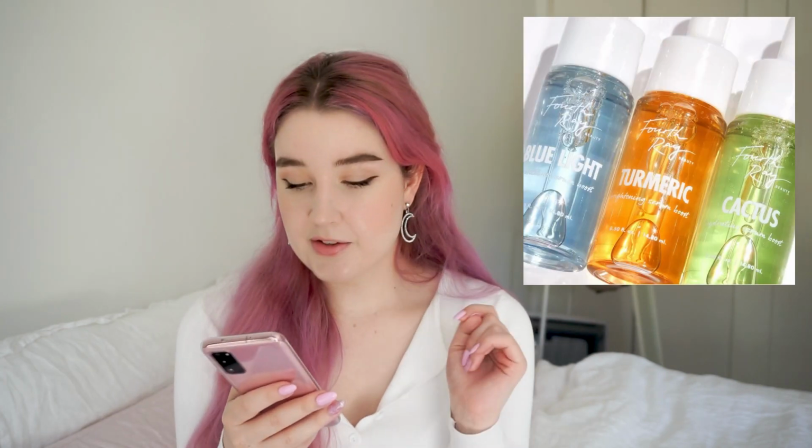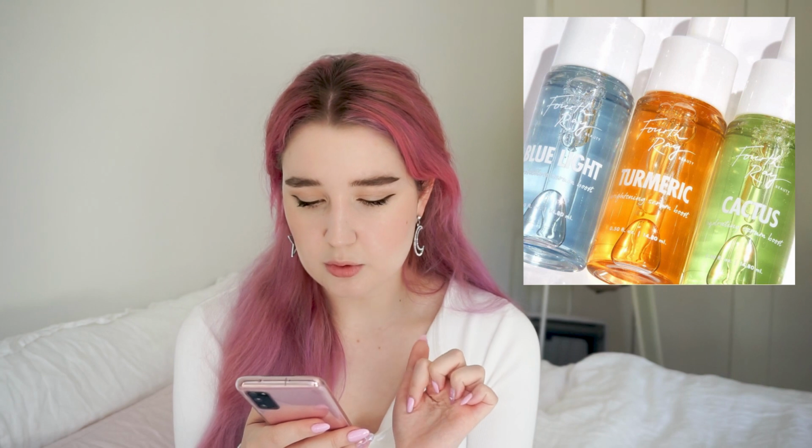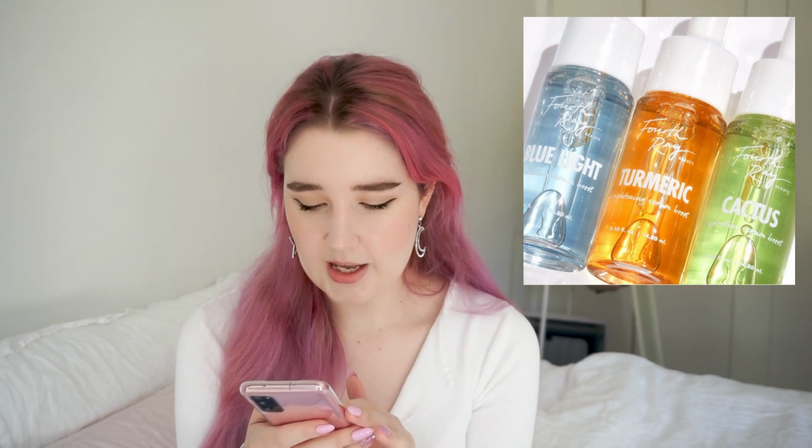So I wonder if Fourth Ray Beauty, which is Colourpop's sister skincare brand, also does the Kylie Skin stuff. I'm not entirely sure because Kylie Skin's now been bought by a parent company, but interesting to think about. So this is new from Fourth Ray Beauty, and this is their Blue Light Serum Boost,